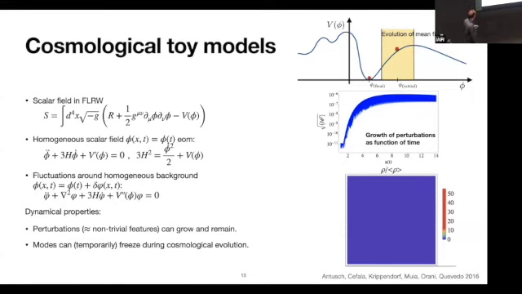Some of you obviously know this very well. So what we're looking at is a scalar field within a particular background metric, which is dynamical. So this is Einstein-Hilbert plus this scalar field action. And if you look at the equations of motion that you're getting for this, this is shown to you